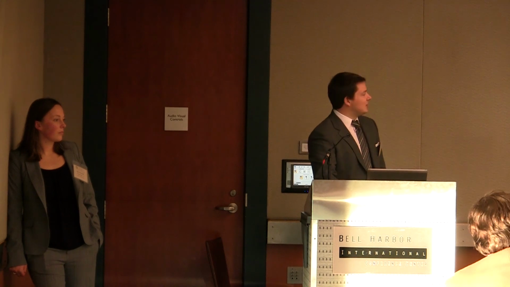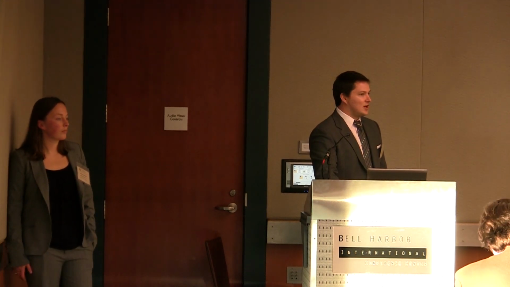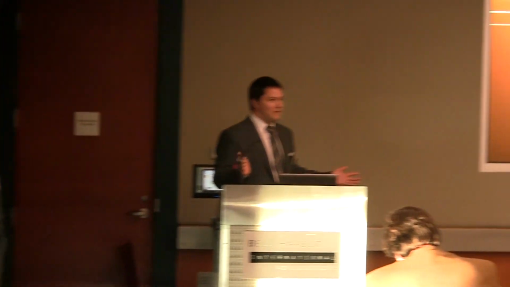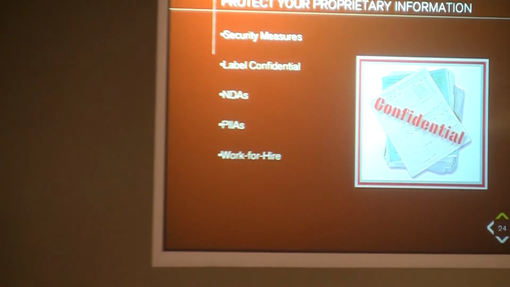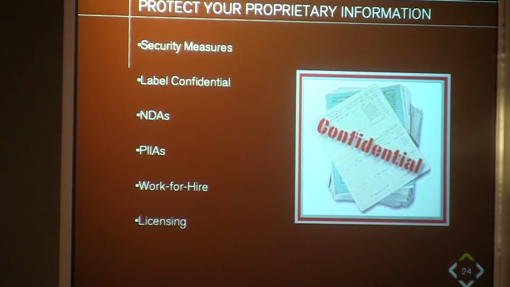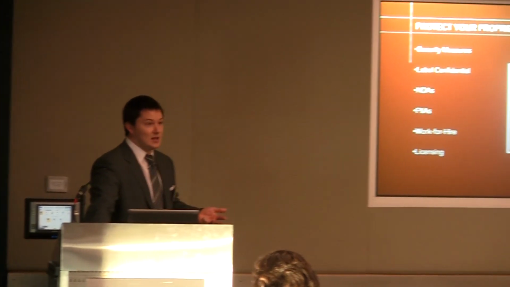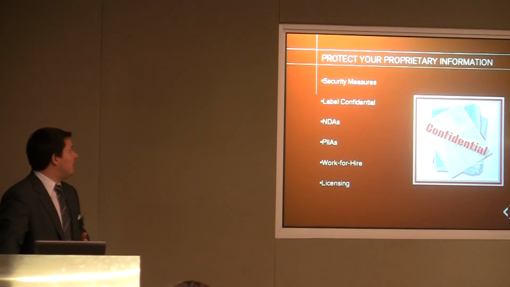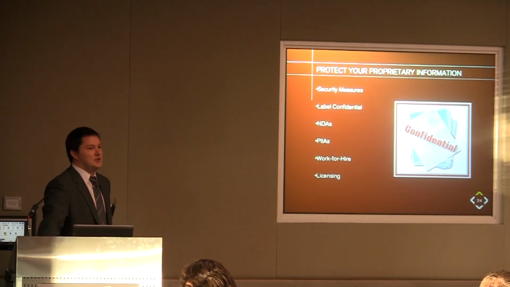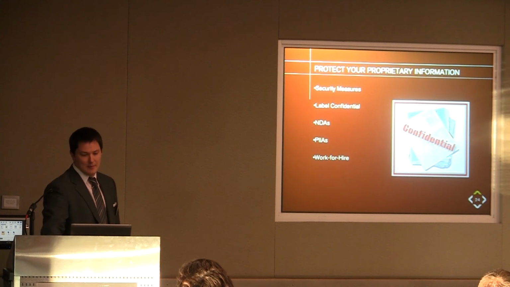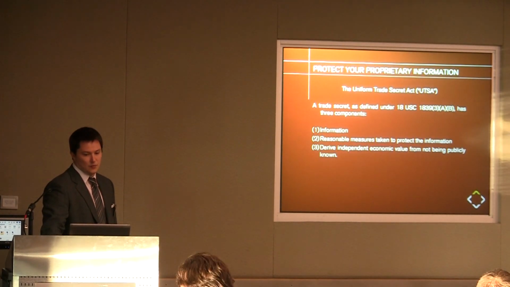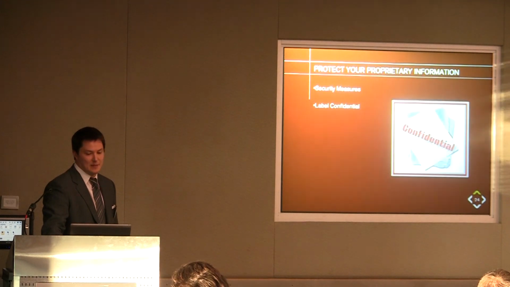Now, you can understand that information covers such a large scope of things. So what are we really talking about here? Well, when we're thinking about trade secrets and information, I'm talking about your customer lists, your trading methods, your marketing strategies, your contact lists. I mean, your Rolodex in some cases. And how do we protect these things? Well, we start by taking security measures. As you remember, you've got to take reasonable measures to protect the information.